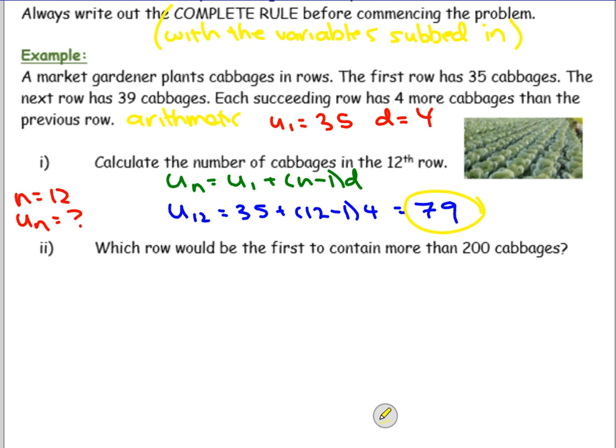Which row would be the first to contain more than 200 cabbages? Will I be using the U of n formula or the sum formula still? U of n, yep. It's just talking about one particular row. Which row? So just a single row. So what variable do they want us to find? N, yep, good. And they're saying that the U of n equals 200. So 200 equals,